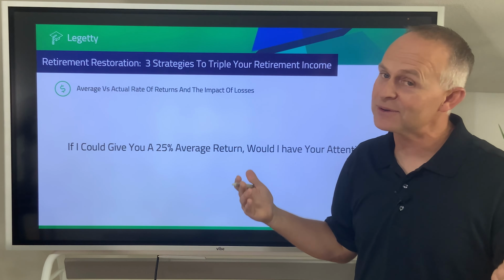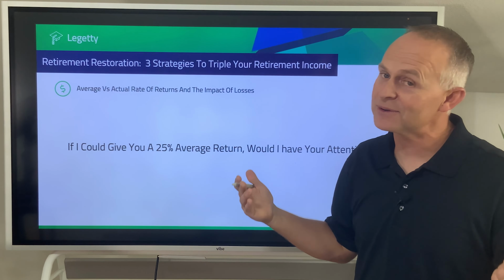And sure enough, the next year, we have a 100% return on your money. Not a 50% return, 100% return on your money. But it's 100% on half the money because the previous year, we lost half your money. So although you got a 100% return in the second year, it was a 100% return on half the money. However, if you ask your math teacher, down 50, up 100, that is an average of 25%.